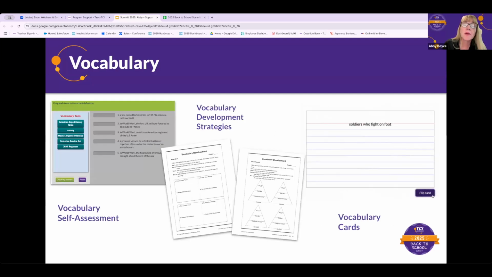A couple of the things that we're going to showcase when we go live: of course, there's a vocabulary self-assessment, and built into the slide deck, there are those drag and drop activities, whether you do those whole group or assign them out to students. Under the same purple navigational sidebar support tab, we also have vocabulary development strategies. There's an entire toolkit with something like 50 blackline masters. A lot of times, if you haven't explored that support toolkit on the side, you might not have known those were there, but they're there in PDF form so they can be printed out. And then we have our fantastic vocabulary cards, which are editable and printable and can be assigned.